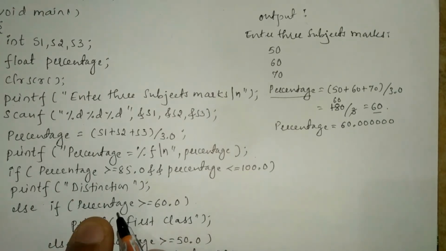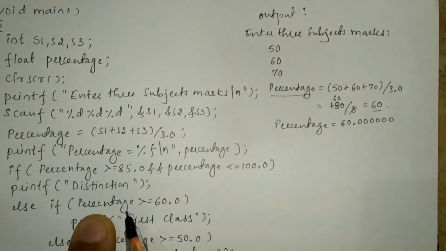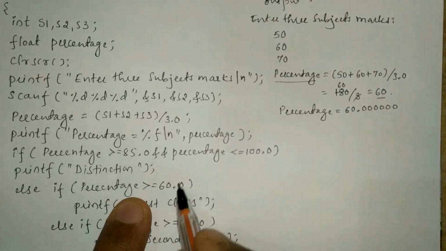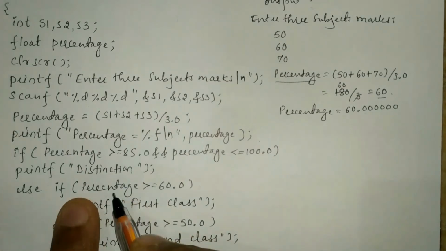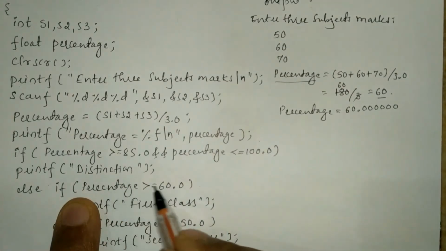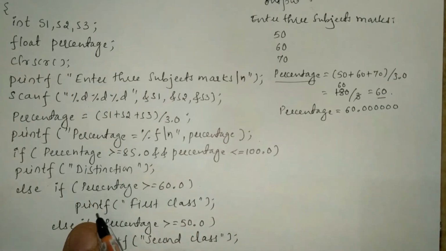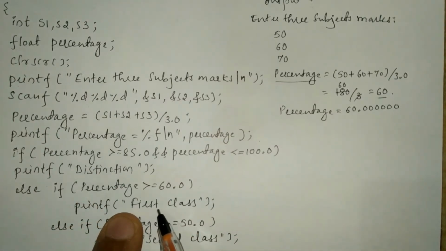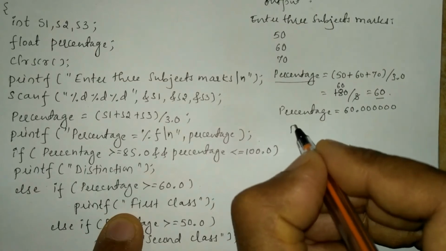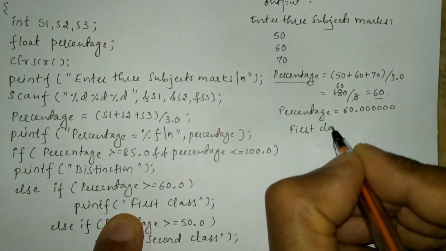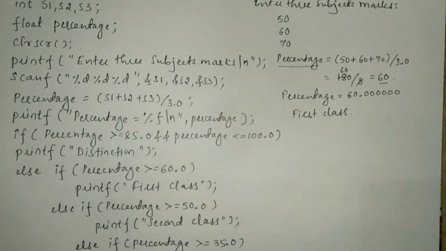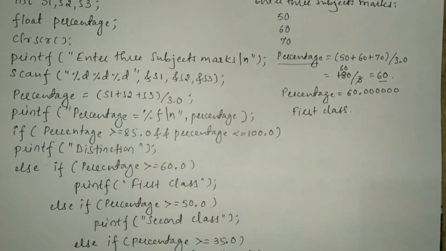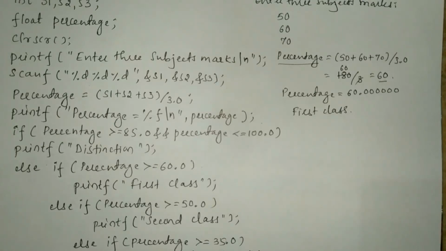Else if, the next condition will be checked. Here you can see percentage greater than or equal to 60. Here it is exactly 60, hence this condition is true. So in place of percentage you substitute 60 is greater than or equal to 60, that is true. If it is true, then printf first class will be printed. So here it is going to print first class. For all other conditions we are going to check by putting different values and execute this program. Now for that I will take you to my laptop screen.